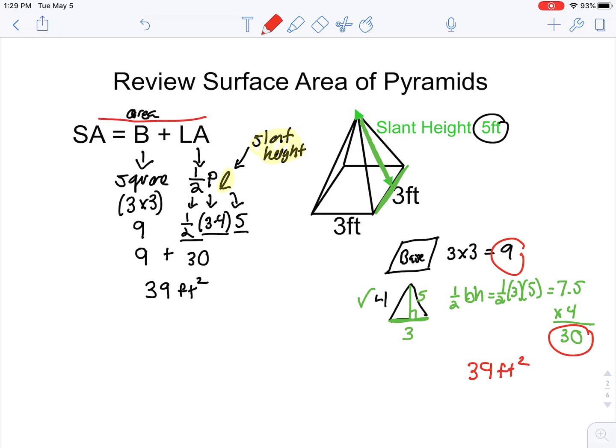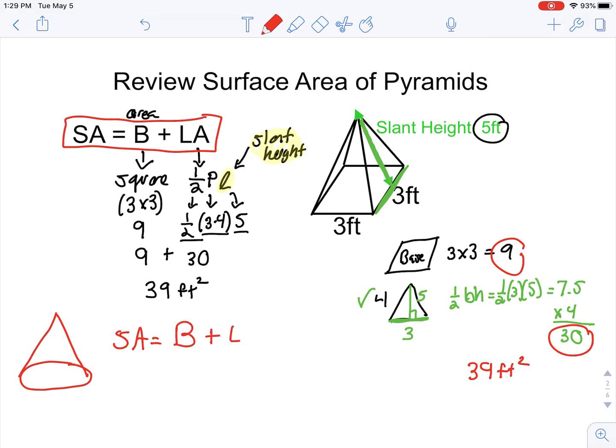So we did look at 2 different methods. What I want to focus on, though, is this formula. We can use this formula to help us find the surface area of a cone as well. Now, keep in mind, a cone is going to have a circular base. So if we use this same formula for the surface area, the one base plus the lateral area,